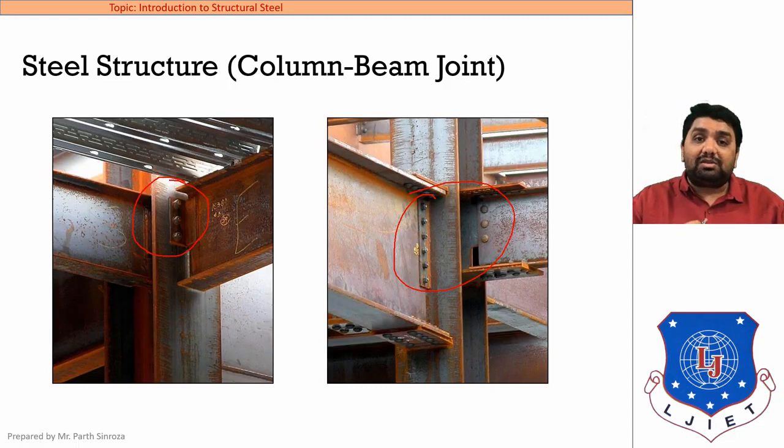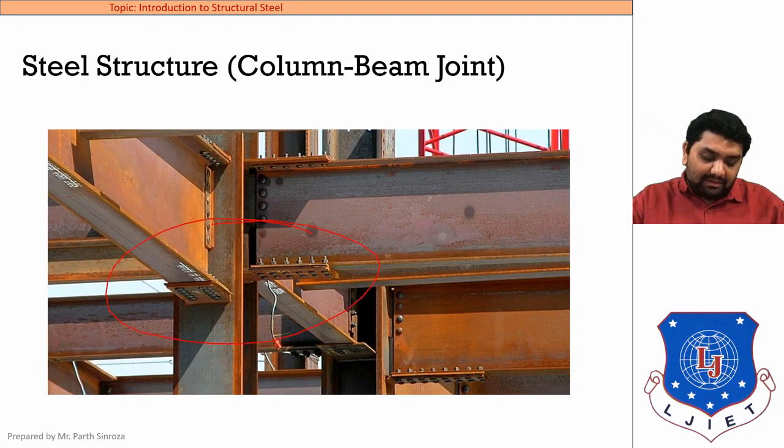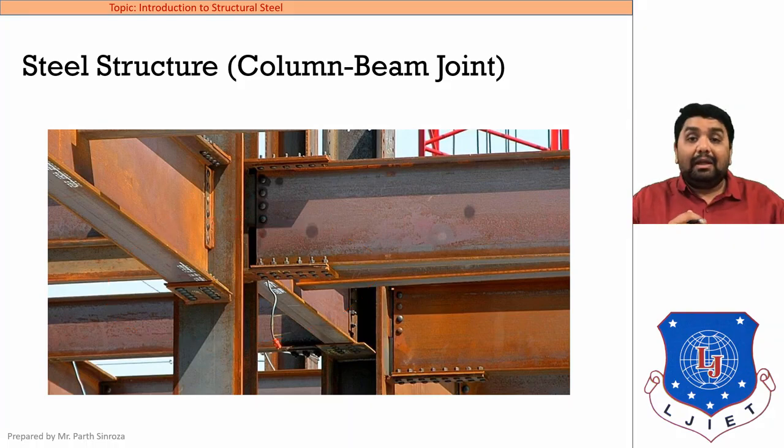We will be designing these bolts: which grade of bolts are to be used, how many bolts are to be used, where to use them, or at what distances these bolts are to be placed. As you can see, these are placed equidistant between each other. So at what distance these are to be placed, we will be looking in the next lecture. Here you can see that 6 bolts are being used, and here 3 bolts are used. So why 3, why 6, what loads are to be considered, we will be looking from the next lecture onwards. This is also another example of a beam column joint, how these are made practically, and how to construct and design them.